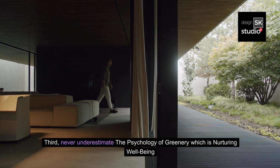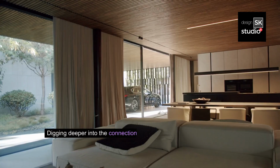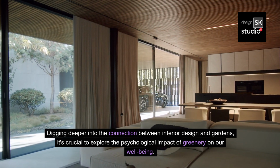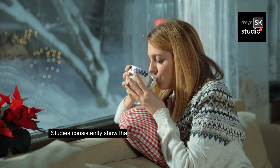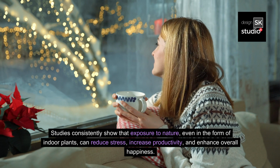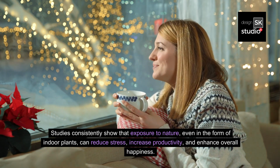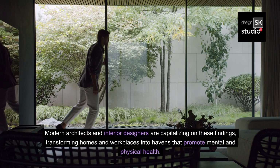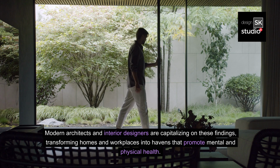Third, never underestimate the psychology of greenery, which nurtures well-being. Digging deeper into the connection between interior design and gardens, it's crucial to explore the psychological impact of greenery on our well-being. Studies consistently show that exposure to nature, even in the form of indoor plants, can reduce stress, increase productivity, and enhance overall happiness. Modern architects and interior designers are capitalizing on these findings, transforming homes and workplaces into havens that promote mental and